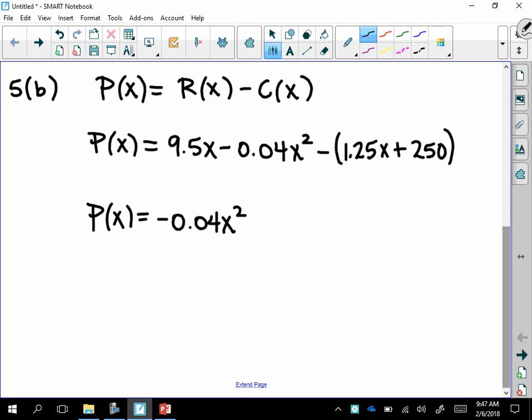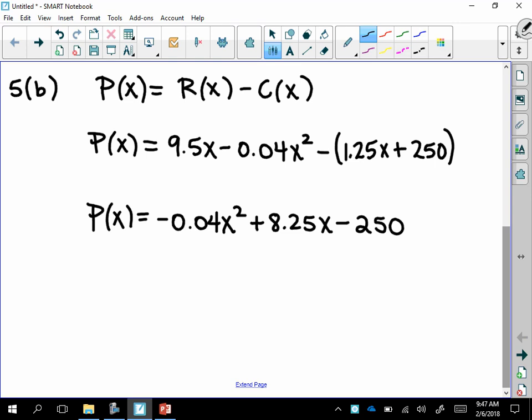I'll distribute in this negative. That's going to be 9.5x minus 1.25x. Did we skip A? We did. So plus 8.25x and then minus 250. So once I simplify, that's the profit function. Go to the revenue function minus the cost function, distribute in the negative into the cost function, and then combine like terms. Now, for part B, it says,